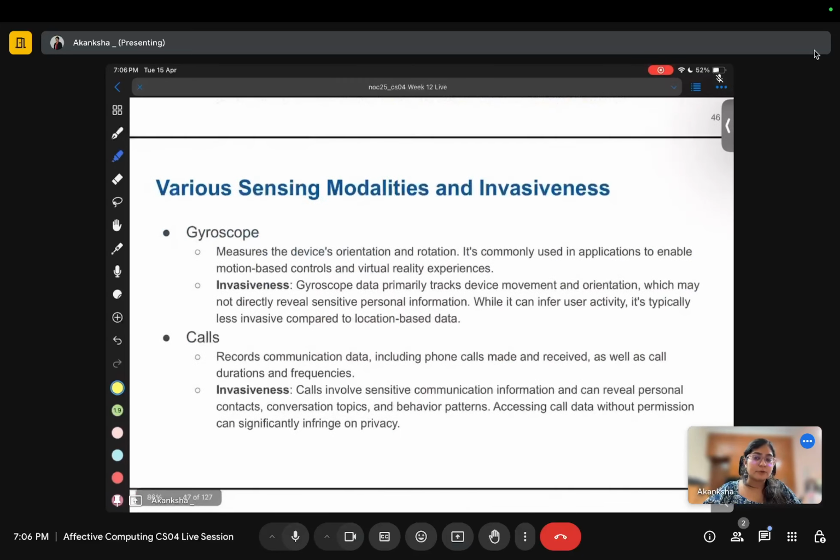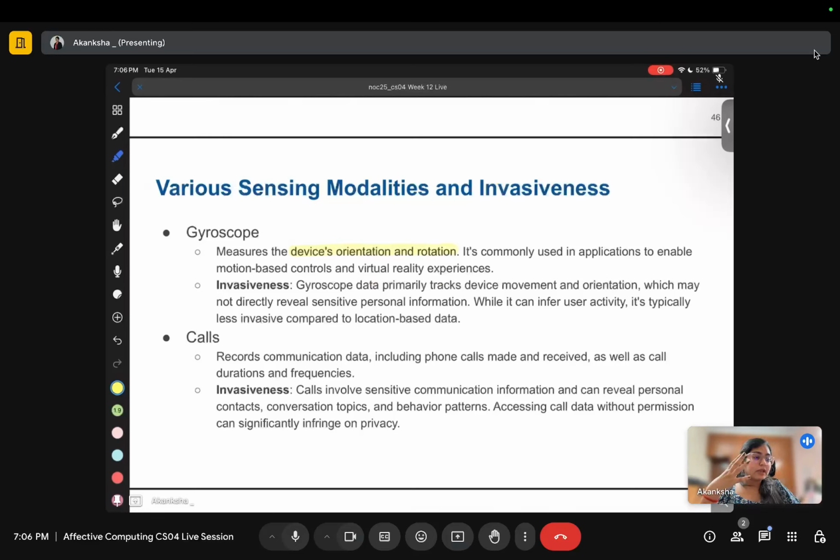Then comes gyroscope, I don't know how to say it, so let's call it gyroscope. It measures the device's orientation and rotation, similar to accelerometer, but this is more of orientation and rotation. It is usually like when we tilt our phone, the screen becomes like the landscape mode, and similarly if you tilt back, rotate it back, then it again comes back to the portrait mode.